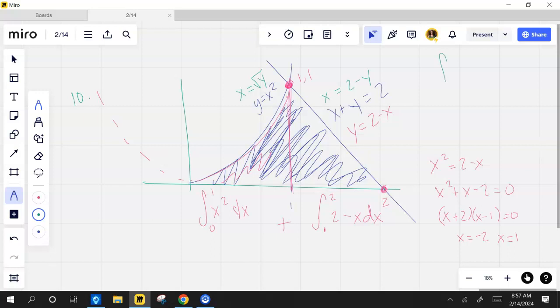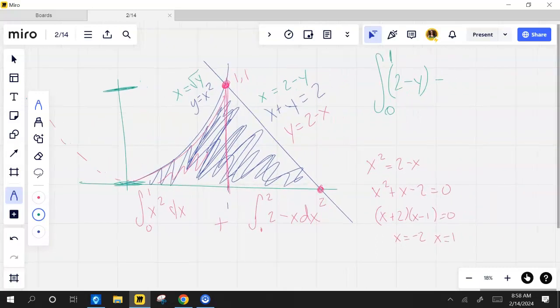But my bounds have to be on my y. So what are my y bounds? From 0 to 1. That's exactly right. I'm going from here up to here. And I'm doing right curve, 2 minus y, minus left curve,